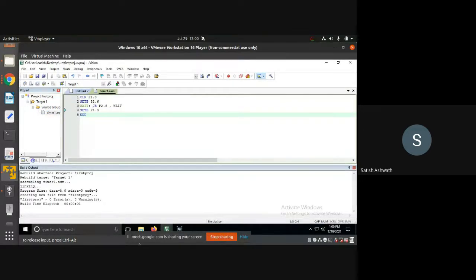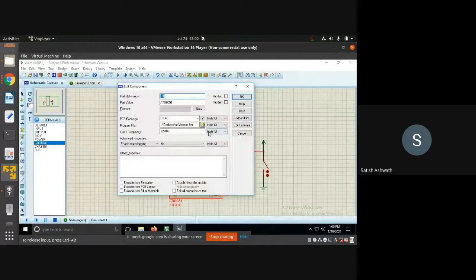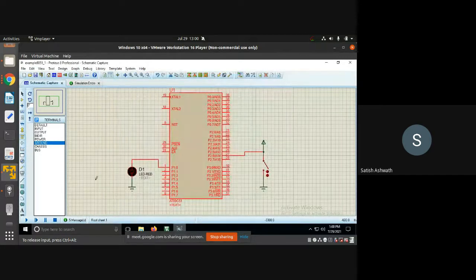Right, so now this has generated the hex file. So go to the Proteus, right click. You don't need to do this every time, but just as a safety precaution, we do it in case it's not remembered. Click it, run it. As of now, the LED is not blinking, neither is it turned on because the switch is not closed. Go here, close the switch, you can see the LED turns on instantly. If you open the switch, nothing is going to happen.